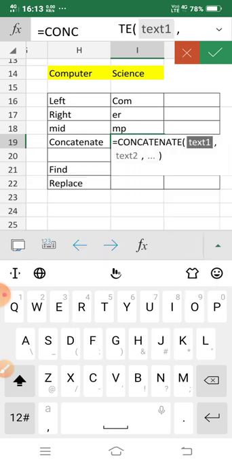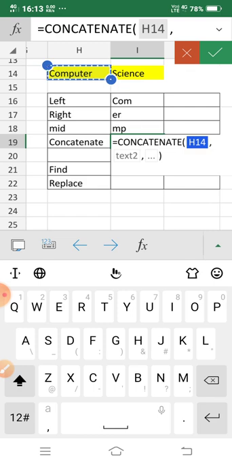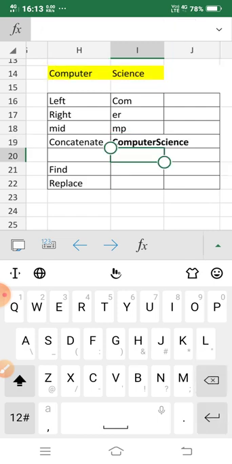Okay, and then text 1 I have given here, first text computer, and then second text as science. Okay, so lots of texts you can join here. I am giving only 2 texts here, and then enter. So see here, it is given as computerscience.